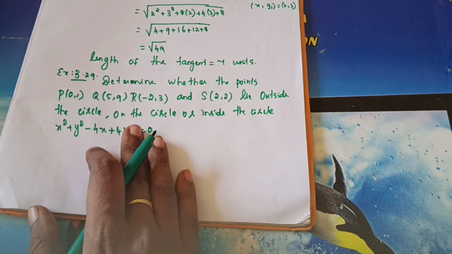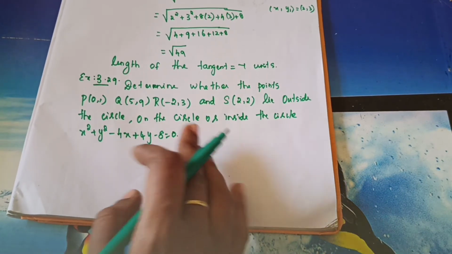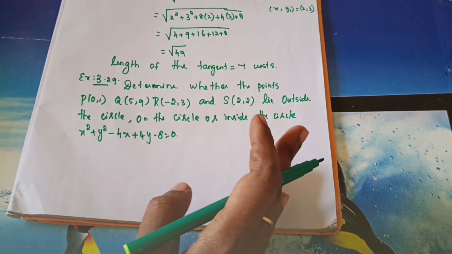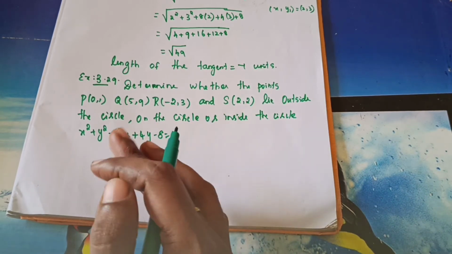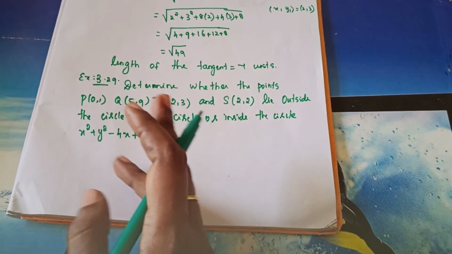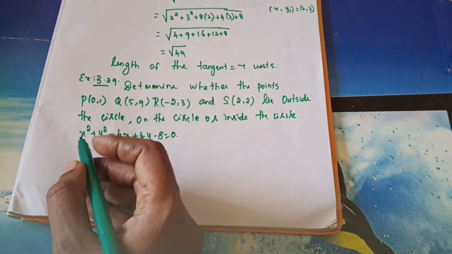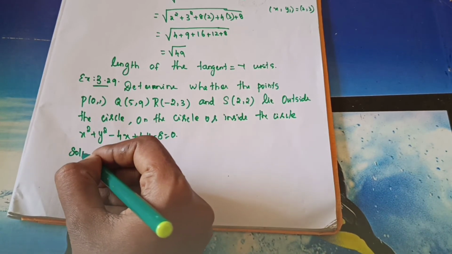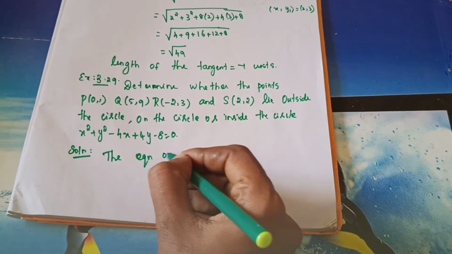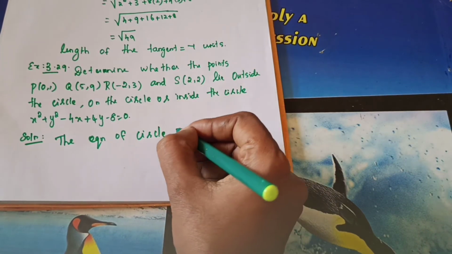So we are going to use the note. Okay. So first you will find PT square, you will find QT square, you will find RT square, next you will find ST square. Okay. So if the value is less than 0, if the value is greater than 0, if the value is equal to 0. Now only I taught you lies inside, outside, on the circle. So you need to conclude the answer. Okay. Solution. The equation of circle is given as, what's the equation it is given?